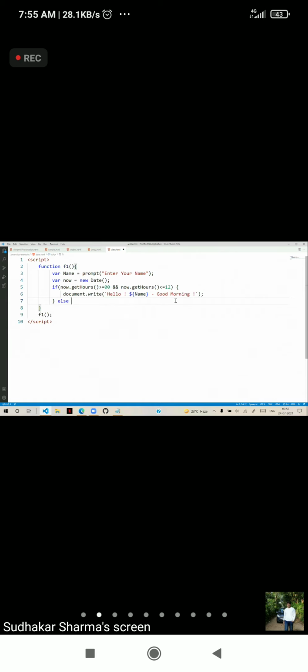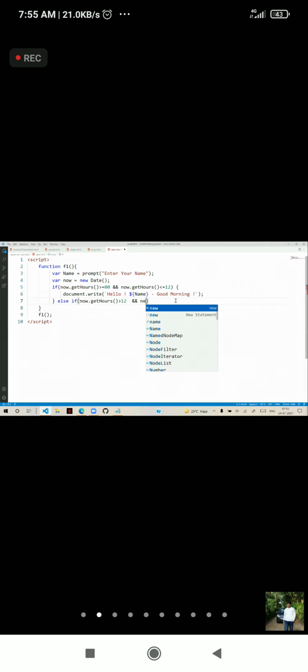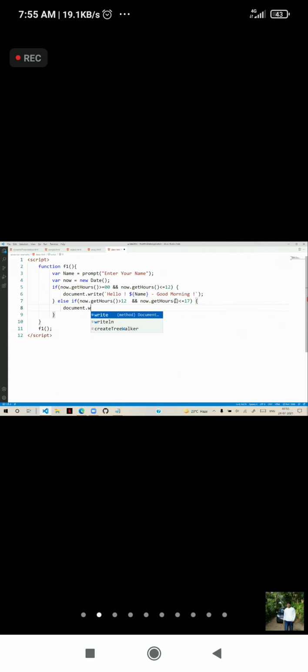Now else if, another condition. So now.getHours greater than 12, and double ampersand, now.getHours is less than or equal to 17. Then here we will put document.write.